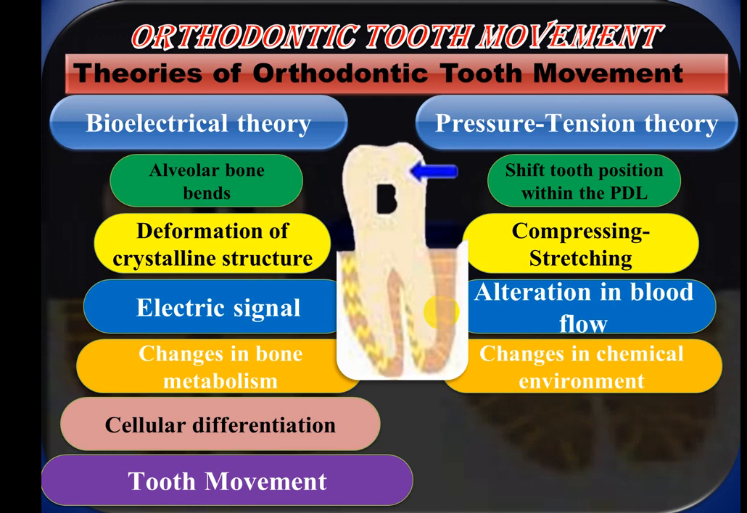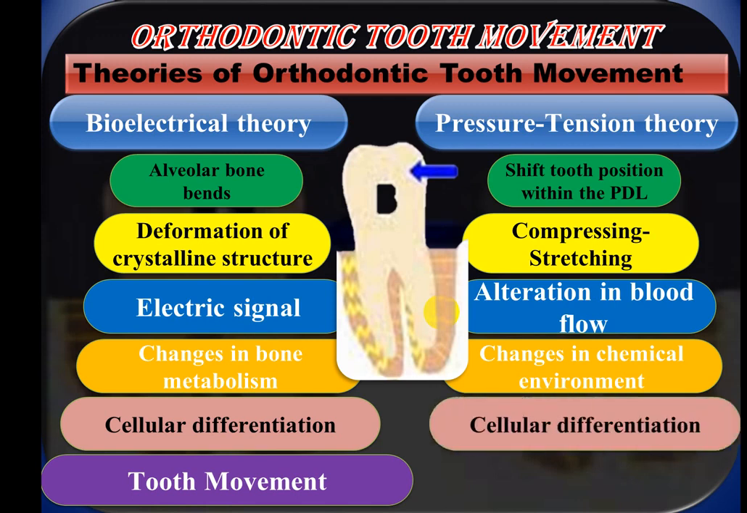These changes in the chemical environment either directly stimulate the mesenchymal cell in the PD ligament to induce a cellular differentiation, or they stimulate other chemical messengers that will later on stimulate the mesenchymal cell in the PD ligament and induce a cellular differentiation. The most important cells for us are the differentiation of active osteoclast and active osteoblast that are responsible for